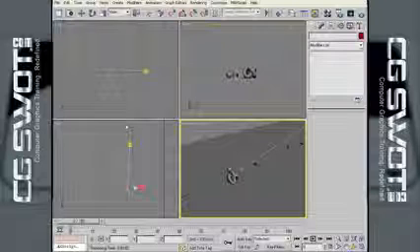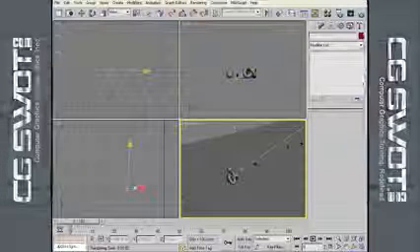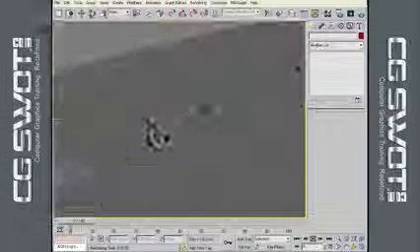I've got a very simple scene I've put together here in 3D Max, and we'll just go to a perspective view and I'll show